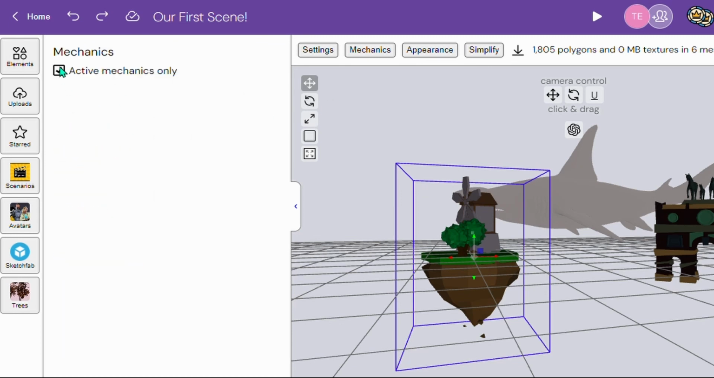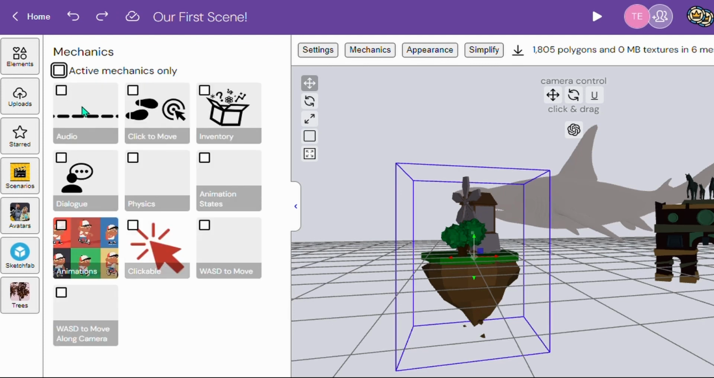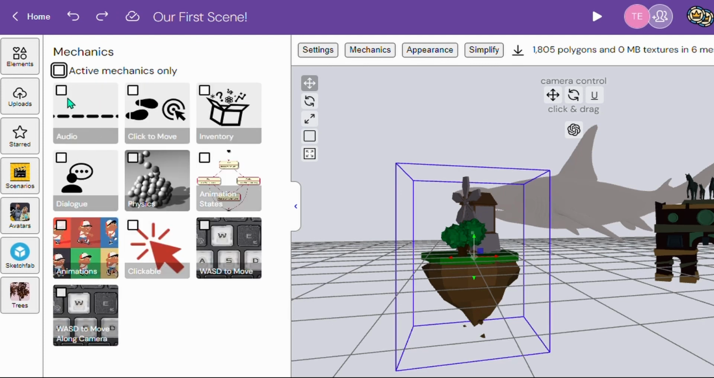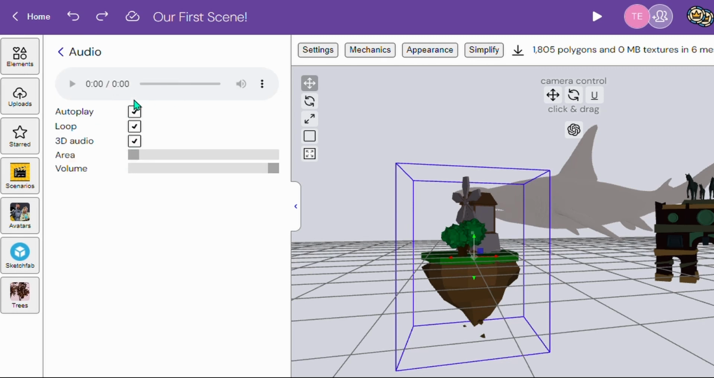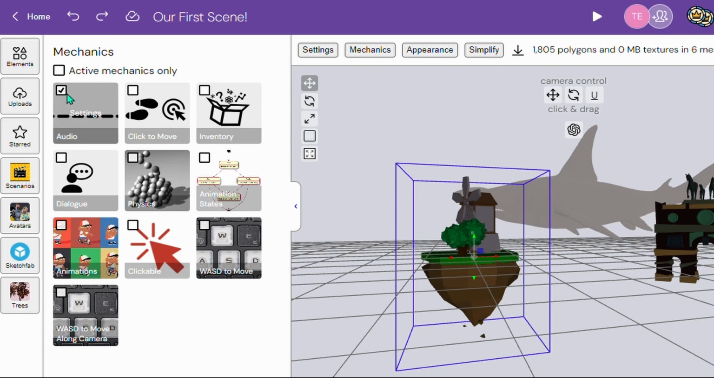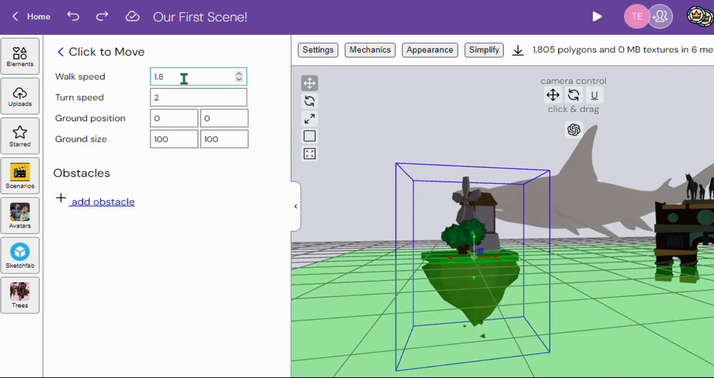We'll uncheck Active Mechanics only, and this will show us a bunch of mechanics you can add to any given object. Audio, as you might imagine, gives an object the ability to play sound, with customization options of course, and you can set up the audio that an object will play later in scenarios. Click to Move is our first movement option. When you click on a point in the scene, your object will move towards wherever you clicked,